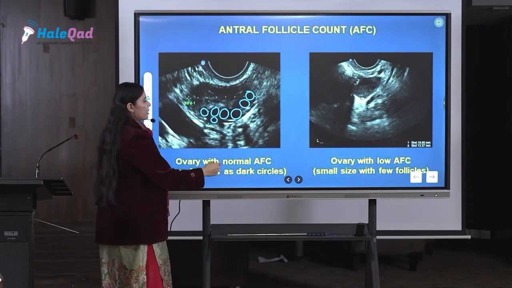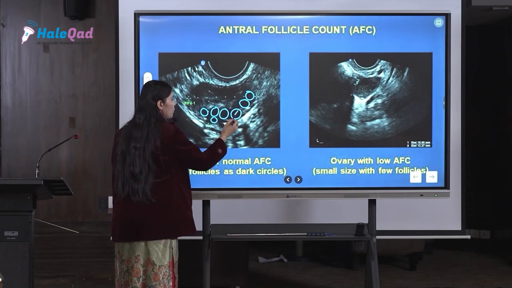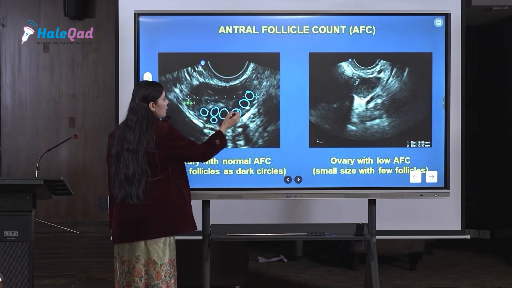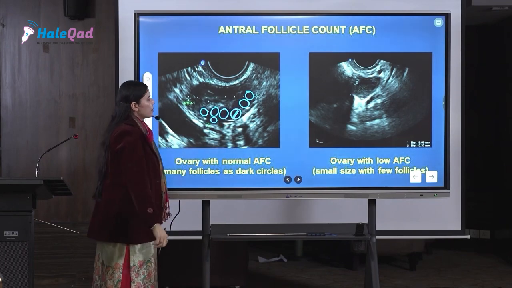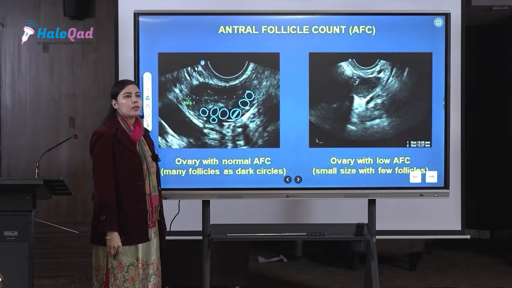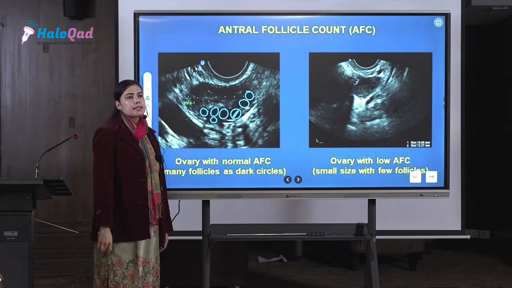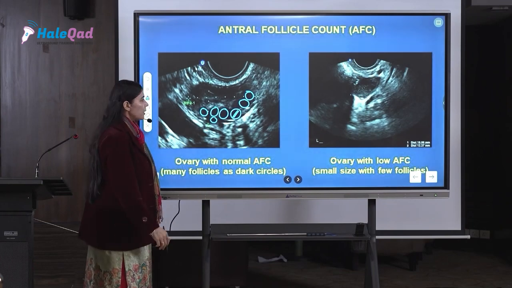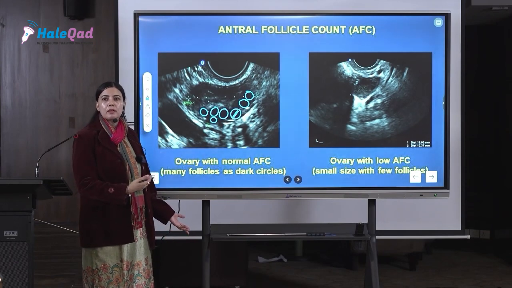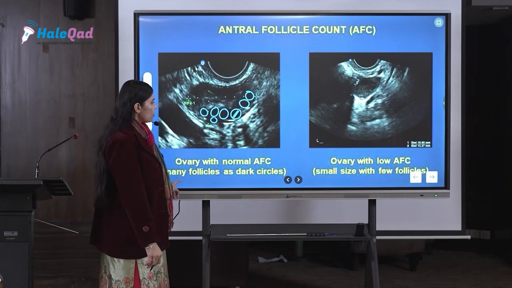So now what to do? The largest follicle that you are seeing, you should know its size on average. You can measure the longest thing. So if it is less than 10, you can stimulate your patient and you can start your follicular monitoring. Otherwise, if the size is say around 12, 13, cancel the cycle and don't do it. And there is no need of doing monitoring also. What do you want to monitor? You have a pre-existing cyst of the previous cycle. So that is the thing that you should know.